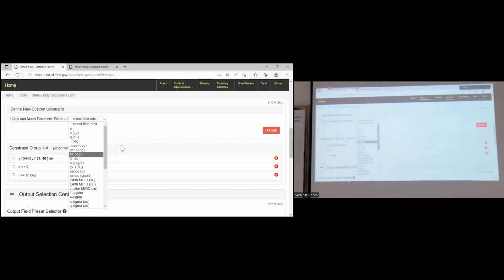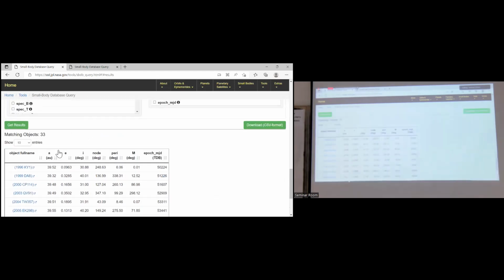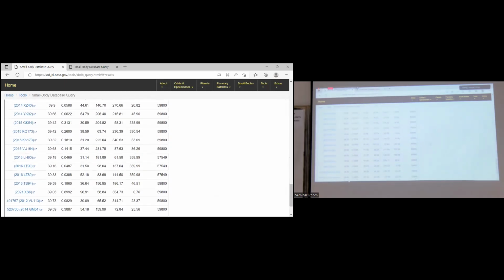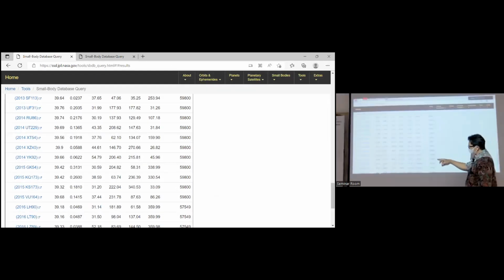Okay. Now, if you face this problem, simply from these 33 objects, you just select for the same epoch. For example, after you download the CSV file, you just remove other epochs.